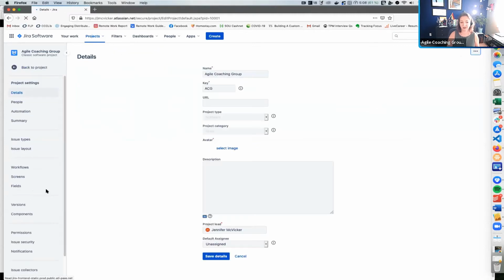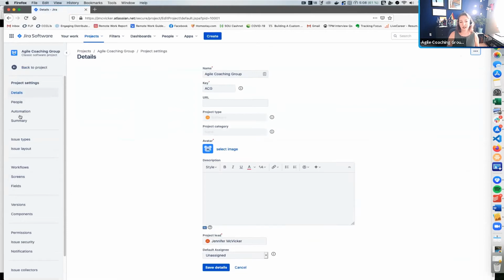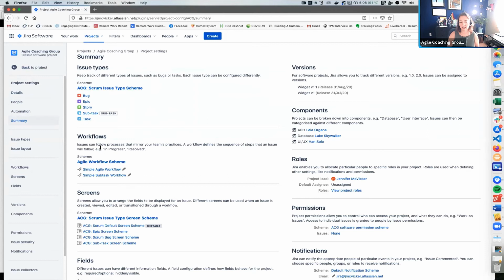This is kind of where the secret sauce is. In project settings, there's a summary view where you can see all the different schemas that are used for this project. So I've created a common workflow called Agile Workflow Scheme, and it's got one for the standard Jira tasks, so stories, tasks, bugs, and then one for subtasks. So if I look at this,